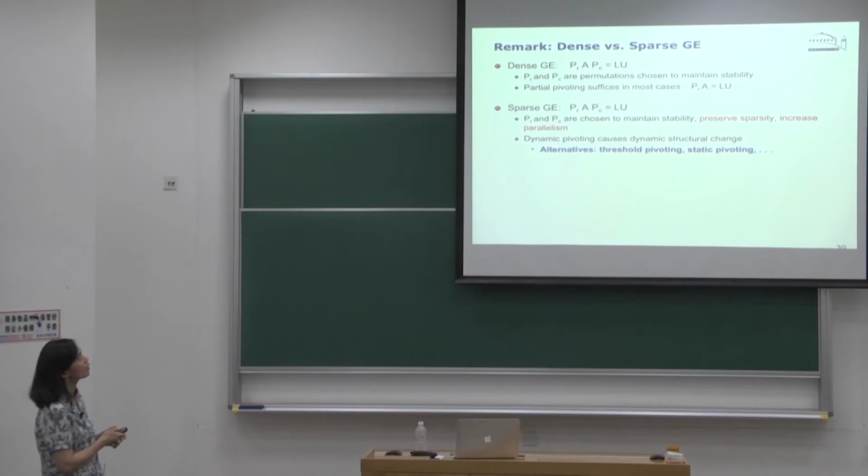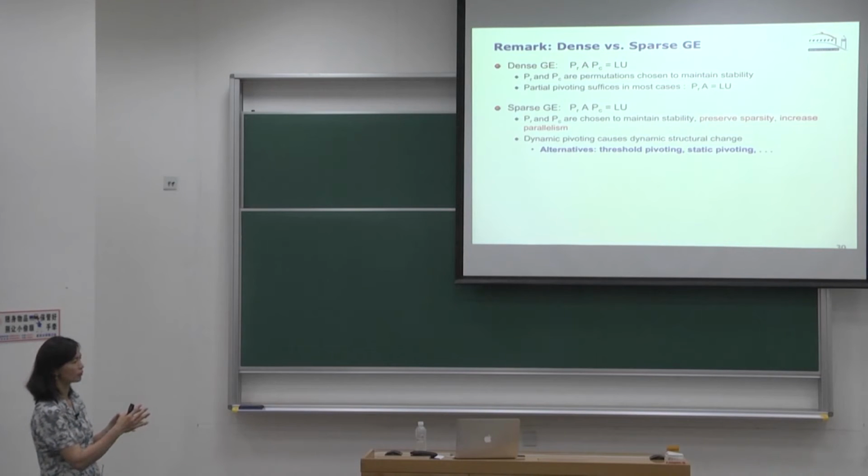And also for parallel computing, we want to get a good ordering which increases the parallelism, basically reduces the number of dependent tasks among the elimination tree. So if you get an ordering which has a much wider, bushier elimination tree, then you have more parallelism in there. And then also in the sparse case, if you do dynamic pivoting like partial pivoting, then your data